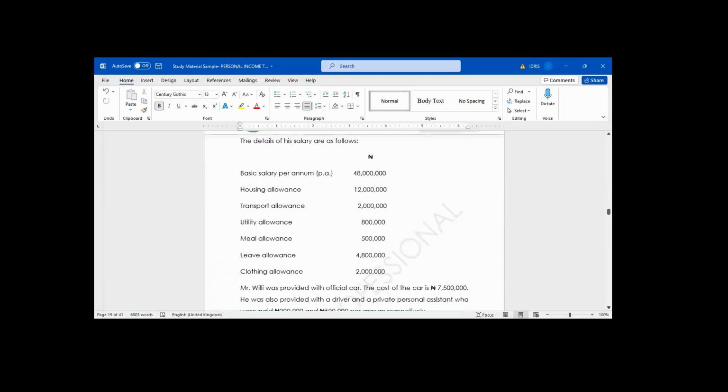Transport allowance, 2 million. Utility allowance, 800,000. Meal allowance, 500,000. Leave allowance, 4,800,000. Clothing allowance, 2 million. Mr. Willie was provided